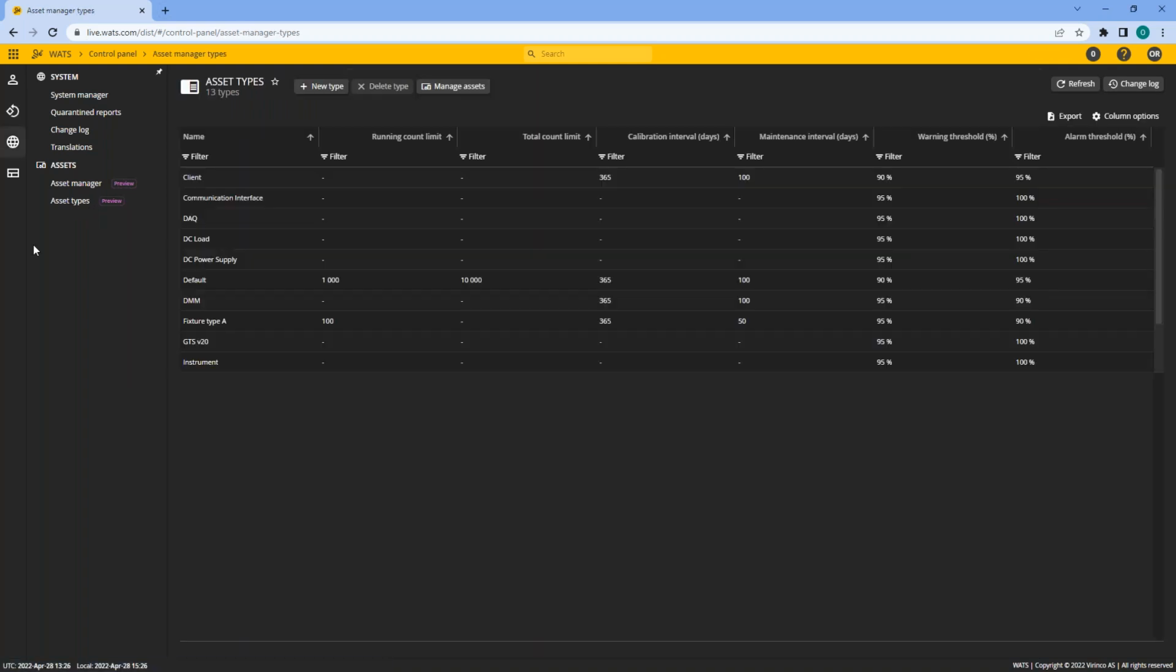First, I will open up the asset types, and this contains a list of all my predefined types of assets. And for each asset type, I can create individual limits according to the count, the running count, as well as the calibration intervals, the maintenance intervals, and I can also define the warnings and thresholds. So if you look at this one called default,